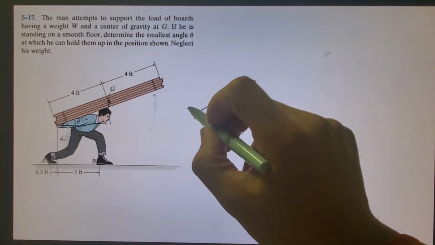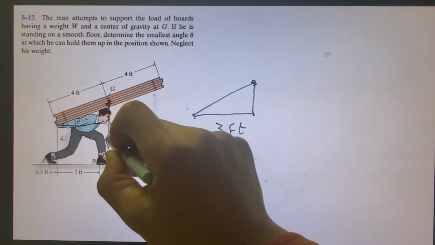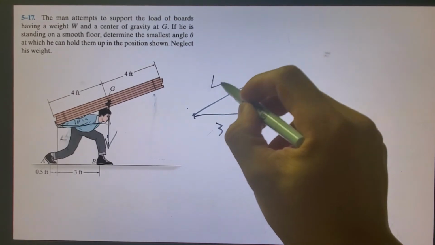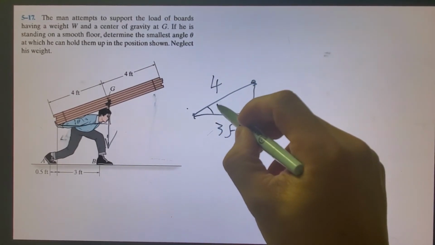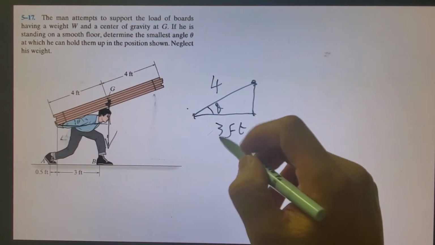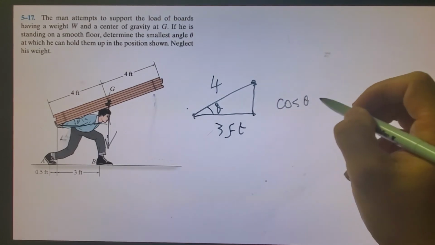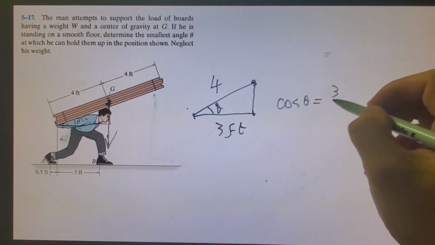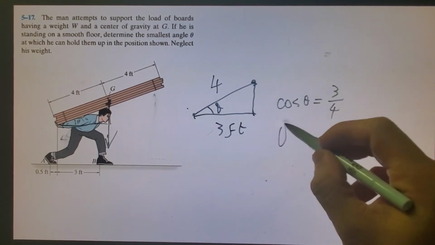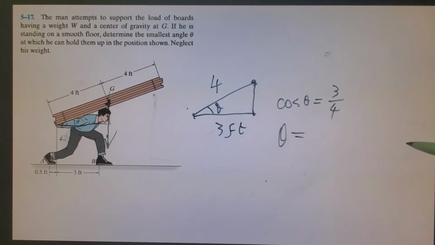So if you draw the free body diagram, you're going to draw the point over here, and you want to see if it exceeds that one. So this is a 3, this is a 4, and what would this angle theta be? All right, so this one I have theta, that means cosine of theta is equal to 3 divided by 4. All right, so I use my calculator and it shows that theta is equal to